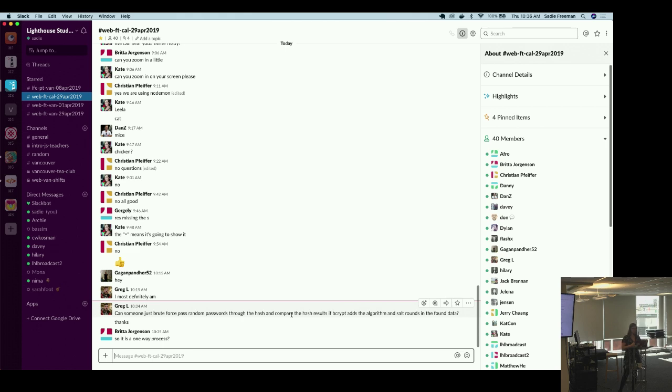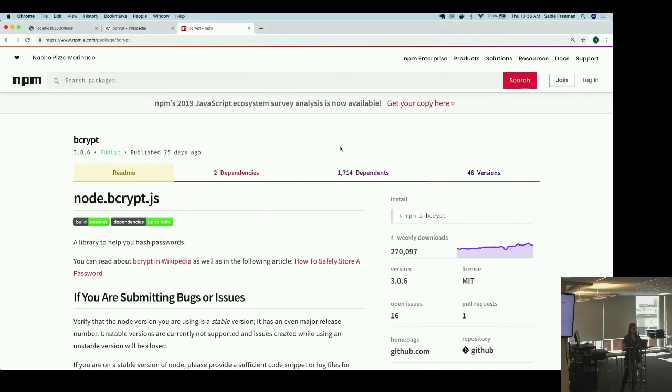So it is a one-way process. Yes, Britta, it is a one-way process. It's never actually being decrypted, in the sense that you're never getting that plain text password back. It's the comparison of this algorithm and this hashing to this hashed password. So it is one way. In terms of behind the scenes of how it works,